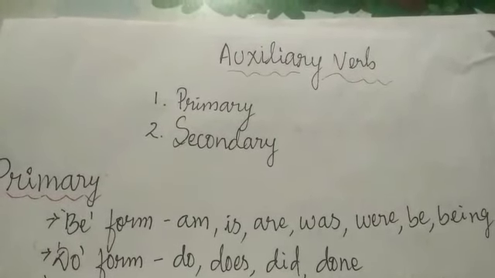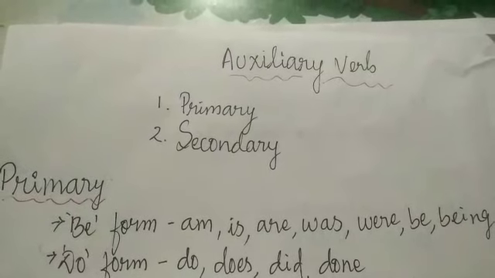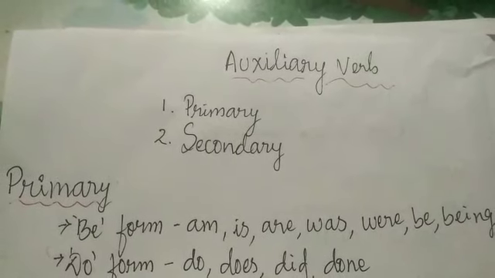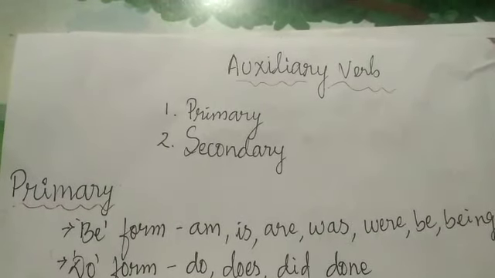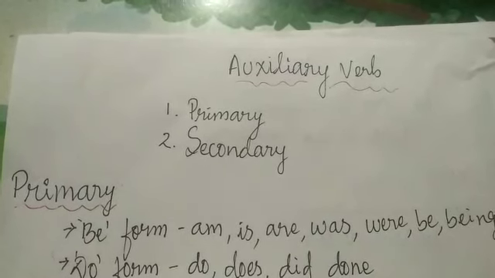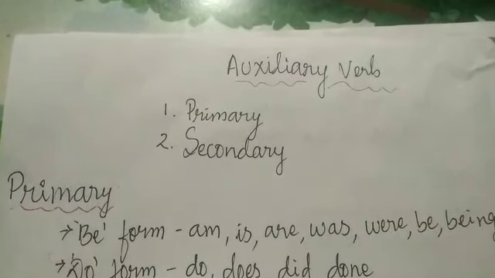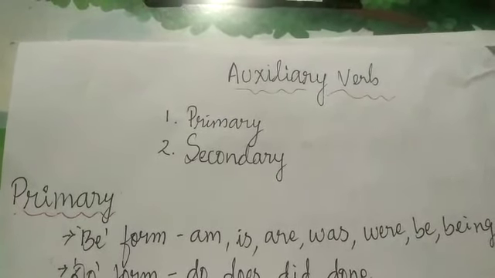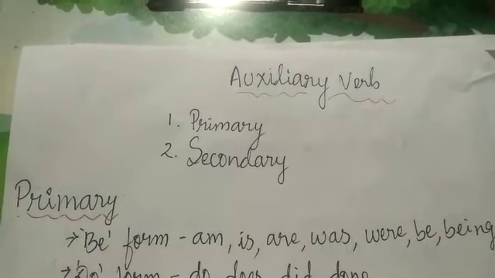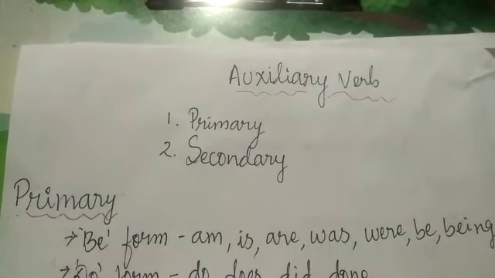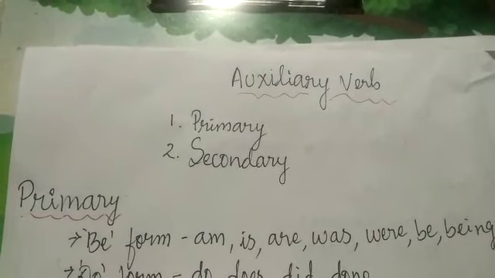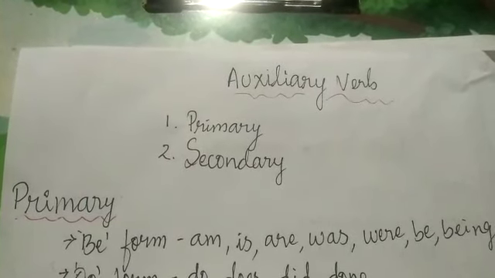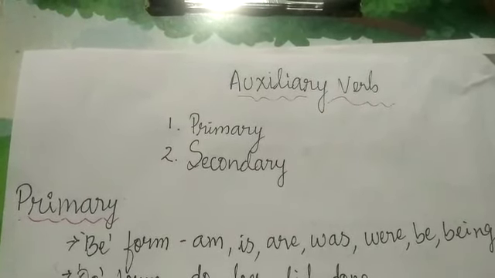This is the second part of the topic on the verb in detail. In the previous class, we had discussed the verb and the main verb. So in this class, we will discuss the auxiliary verb. Auxiliary verb is also called the helping verb, as it is used with the main verb to show tense. Auxiliary verbs are also used to show the grammatical and functional meaning of the sentence. Auxiliary verbs can be primary and secondary.